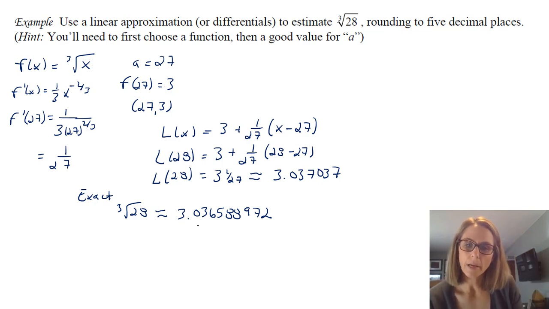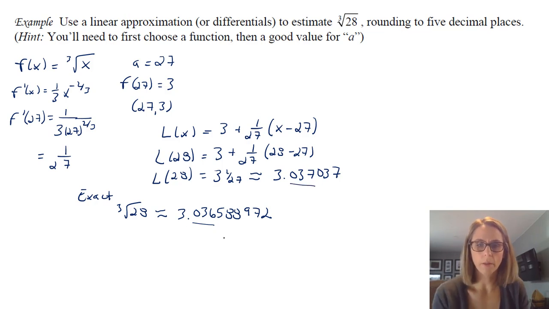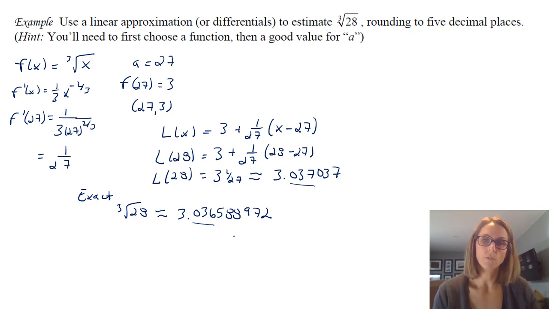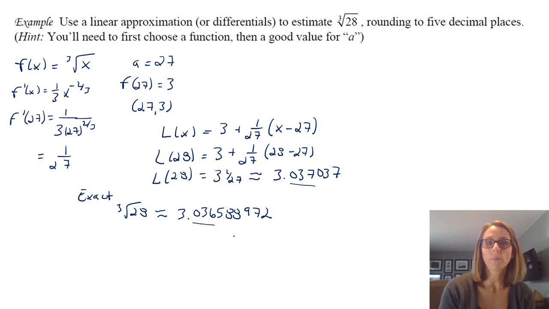So in this case, if you were to round it to 3 decimal places, you'd be right. Any more than that, you're going to be a little bit off. But obviously, these are close values. So that's the big idea behind linear approximation and, from the first part, differentials, and that's the end of chapter 2. So after this, we head to chapter 3.